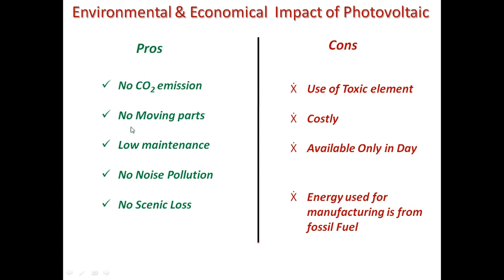and there are no moving parts like in all the other energy systems. We can see that either turbines are moving or windmills are moving, so there are always some moving parts. But in a solar panel, one good thing is there are no moving parts, so the maintenance is very low. In this case, the maintenance is only the dust that has settled over the solar panel, so we just clean those. So it's low in maintenance.